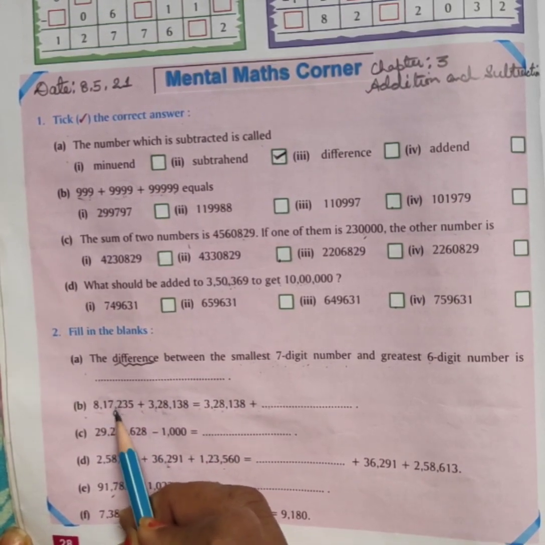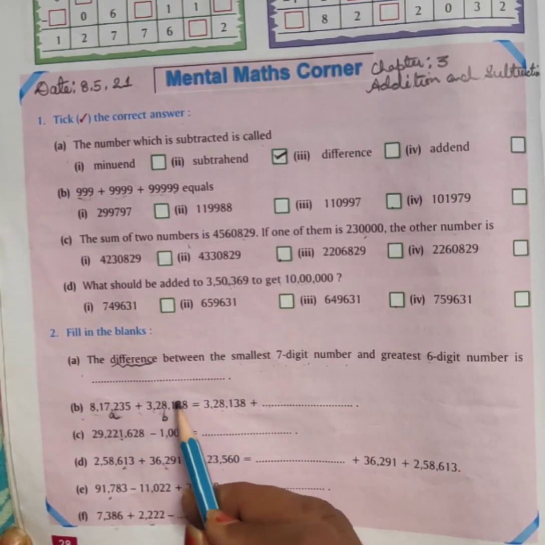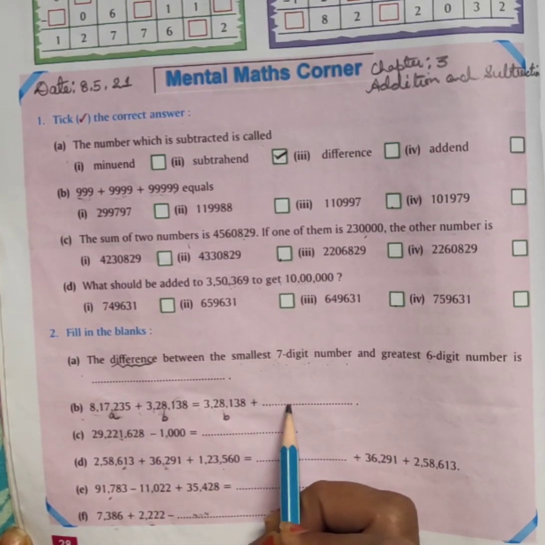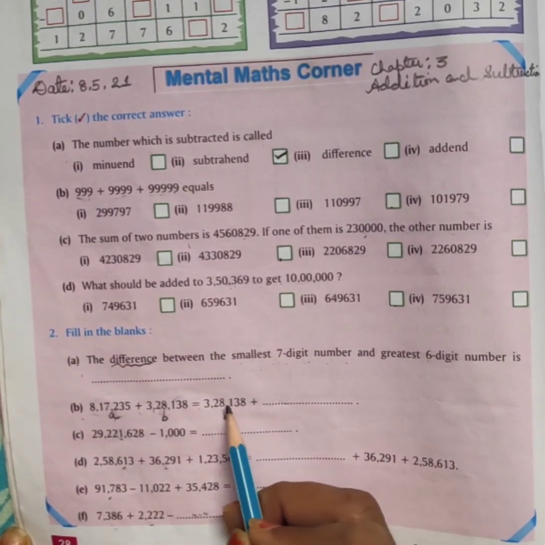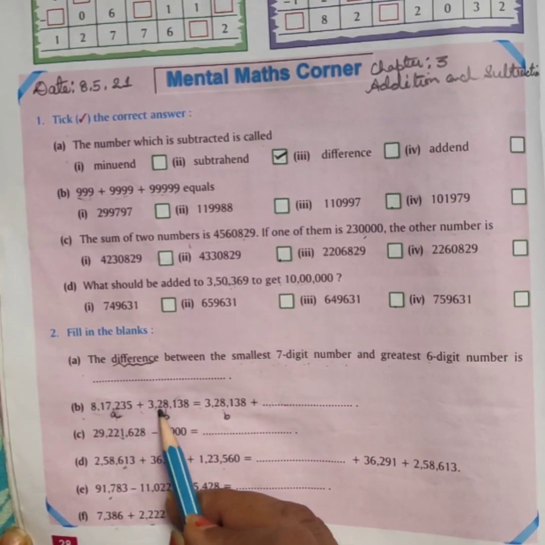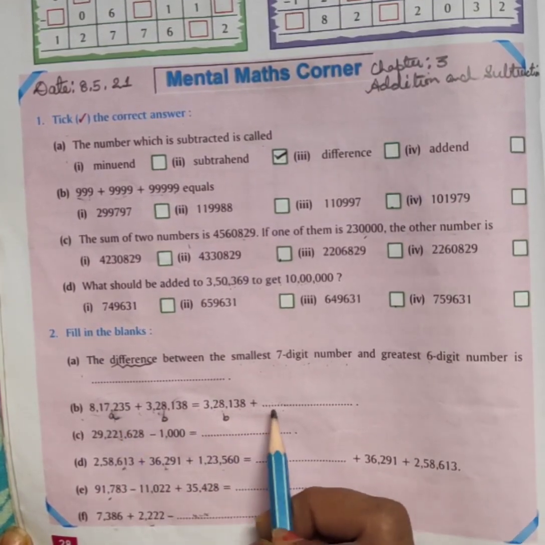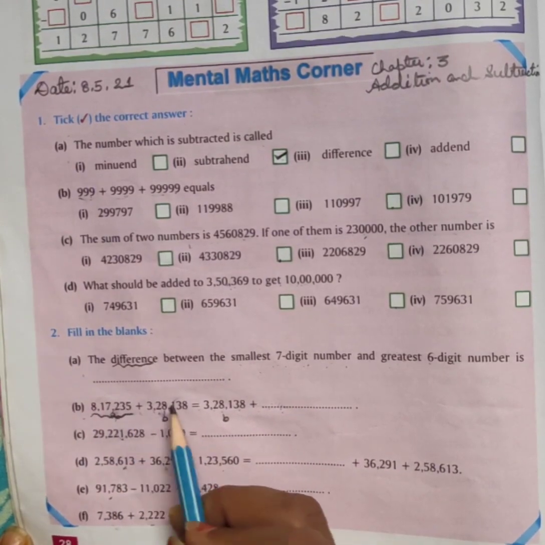Here suppose this is A and this is B. Then we reverse that, it becomes B, and then here what should you write? That is A. You can write this number here, and when we add these two and these two, the result will be the same. So in this blank you can fill this number.